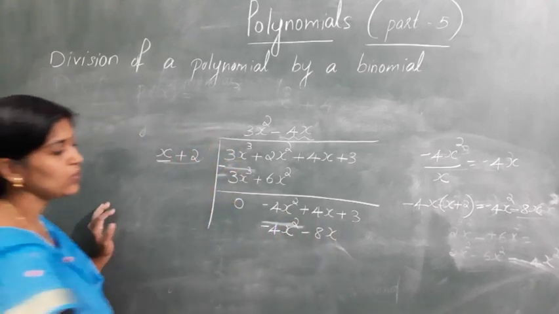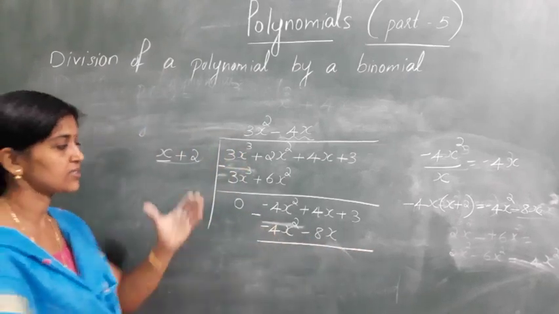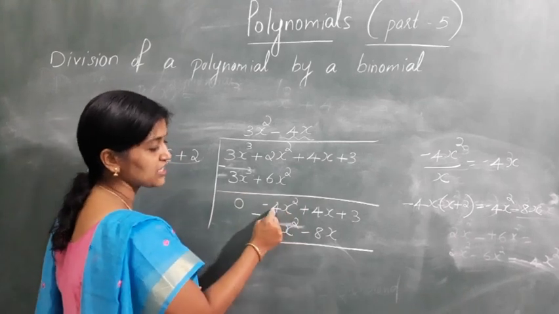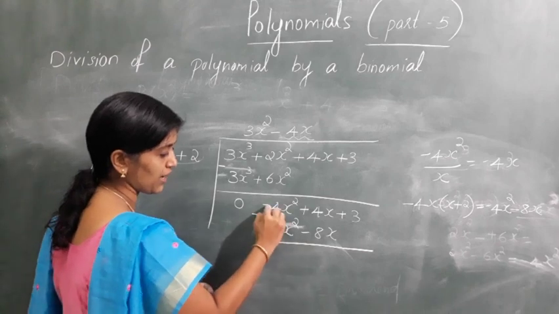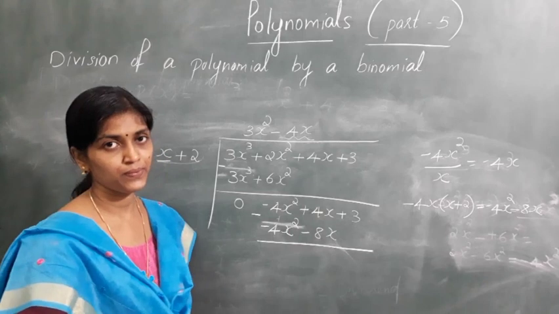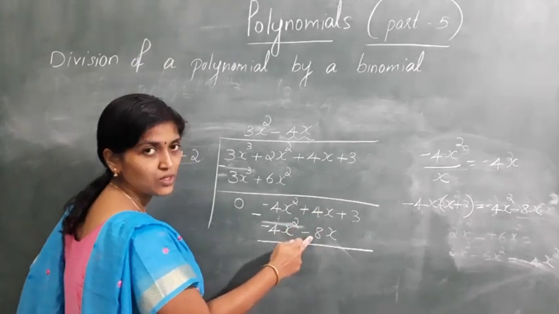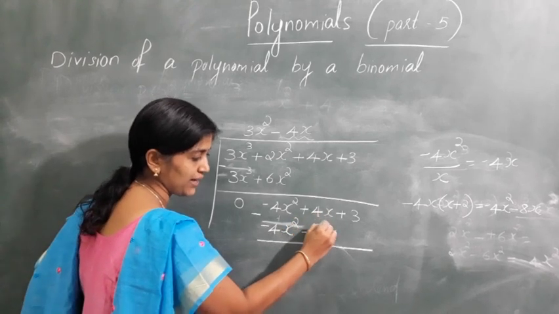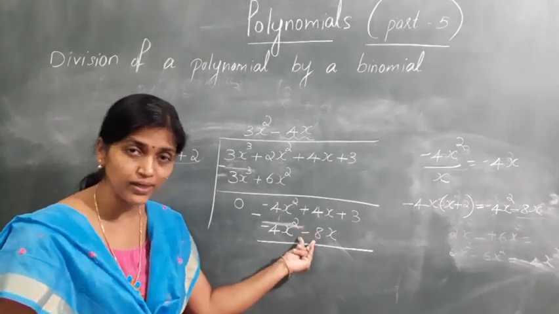Okay? Now, usual process. What you have to do? You have to do the subtraction. We know this term will become 0 because minus 4x square, minus and minus will become plus here. So, minus 4x square plus 4x square will become 0. And then we will go to the next terms to subtract. What is the next term here? 4x. Then 1 minus sign is there. Minus 8x. You have to consider the sign always.